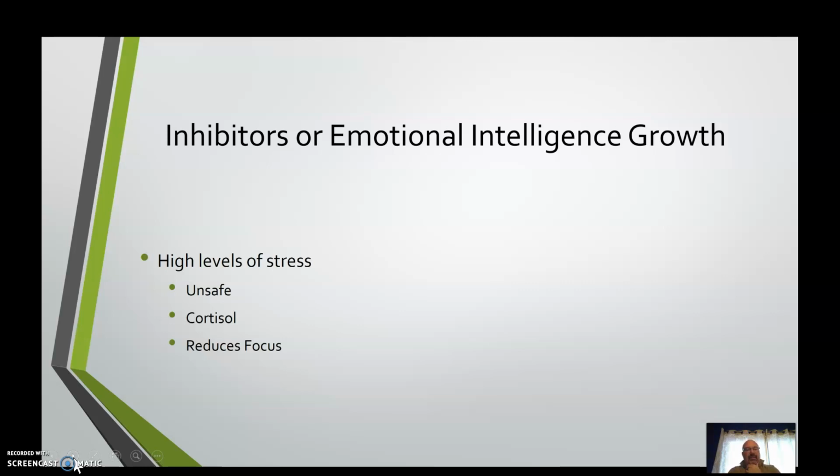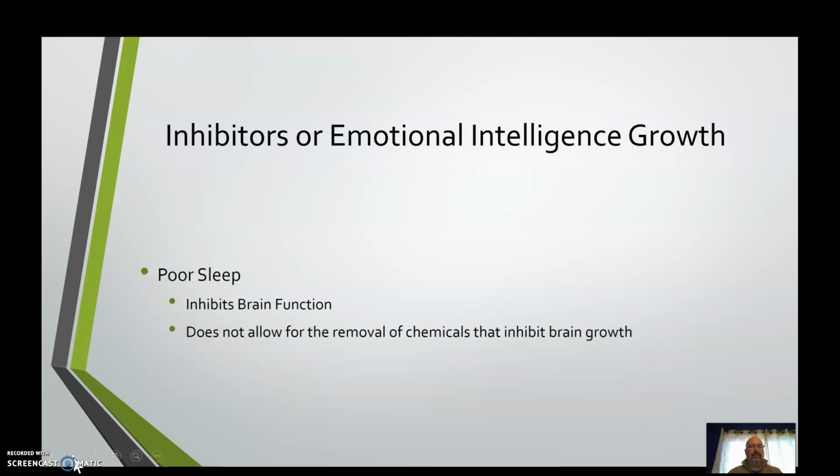The other thing to keep in mind is high levels of stress reduce focus. I liked the illustration that was brought up by the presenter in how emotions impact learning. The example that if a spider creates a great deal of fear for you, the presence of a spider in your learning environment is going to reduce your focus. You're going to focus on that spider until that spider is resolved, and then you will branch out from there.